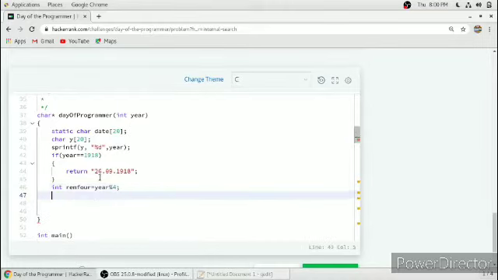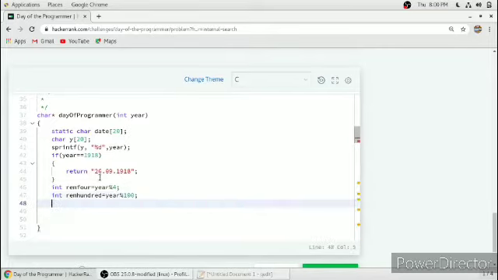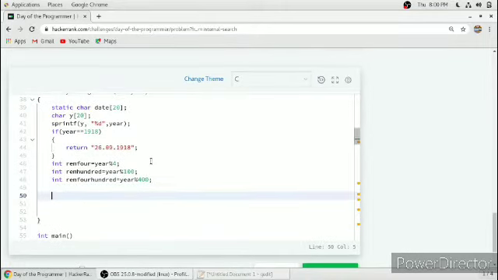We'll take another variable, remainder of 100, as year mod 100. We will take another variable, remainder of 400, equal to year mod 400. We will use these variables to find if the year is leap or not.